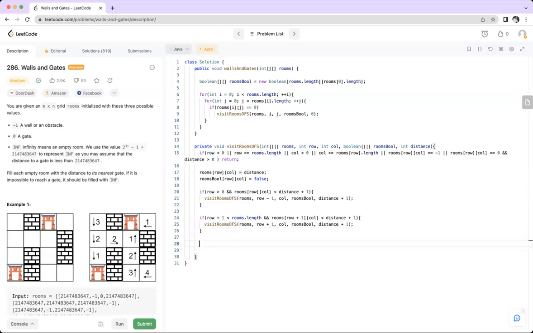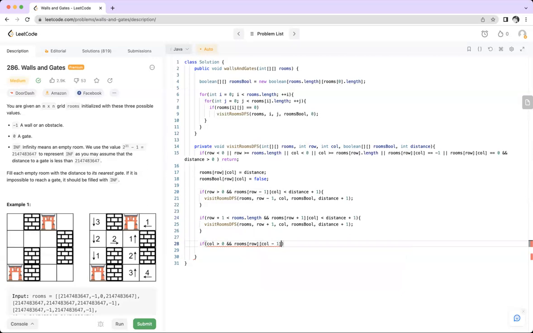Okay, and now something similar we are going to do if call is greater than zero and row minus one we have to do here. Row minus one and rooms of row